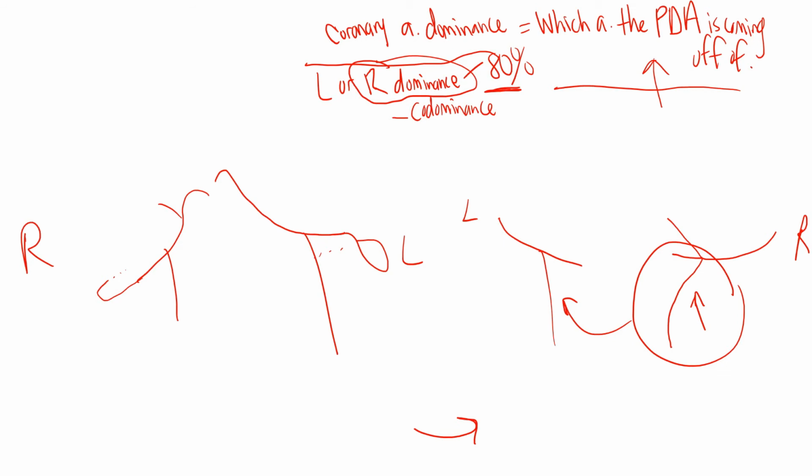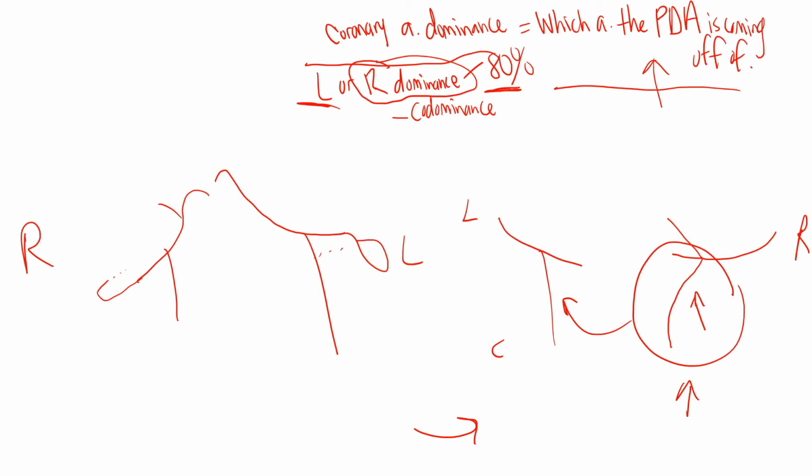That posterior part of the septum is supplied by the posterior descending artery. And in the majority of patients, in 80%, it's coming off of the right coronary artery, which is shown over here. Now, in about 10% or so of patients with left dominant coronary artery dominance, it's actually coming off of